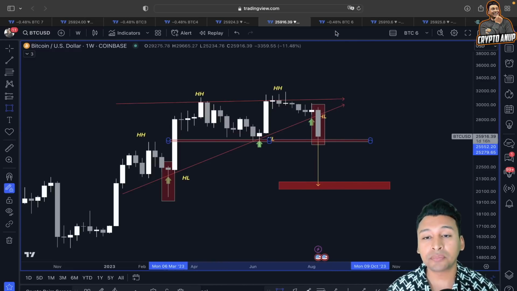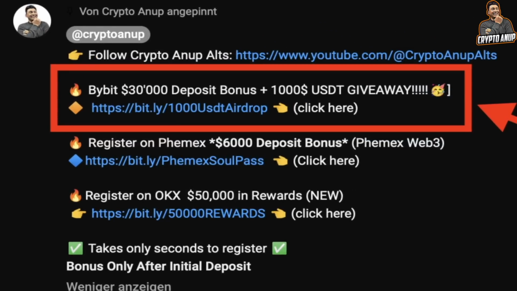double top. Now, before I switch to the other chart, I just want to quickly make you guys aware about the bonuses